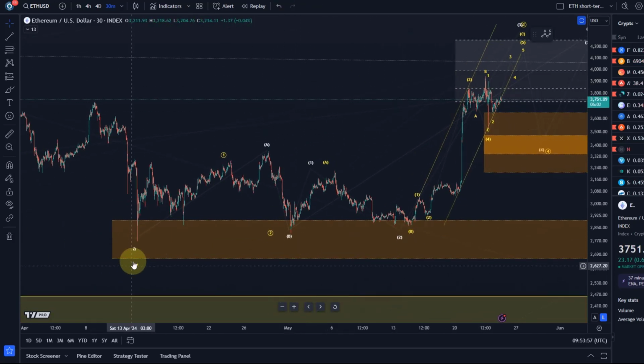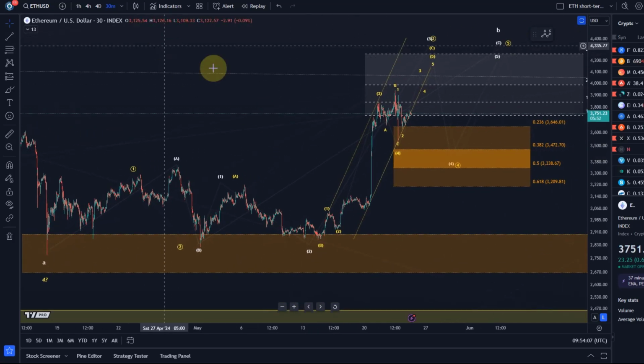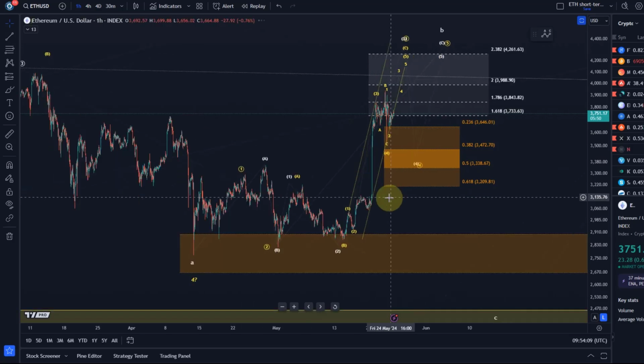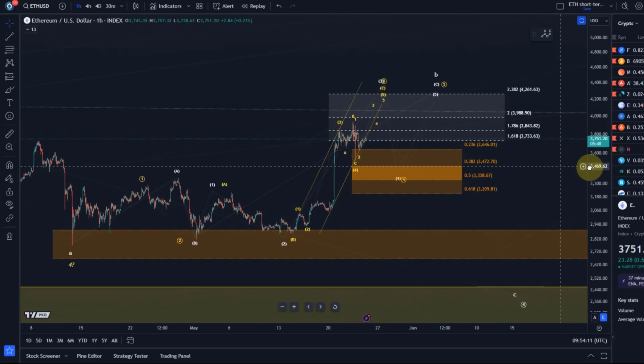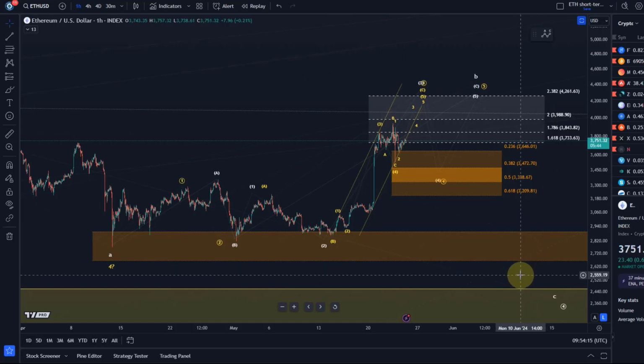You can see on the 30-minute chart that this 4th wave actually finished, and on the 30-minute and 1-hour charts I've shown it as a yellow wave count, just because I need different colors to distinguish between the two different scenarios. Of course, we could fail, and then it might turn into this triangle that I just showed you. But for now, I'm looking for higher prices